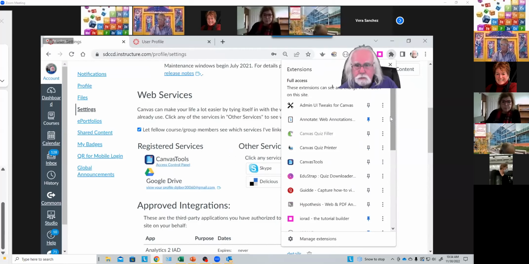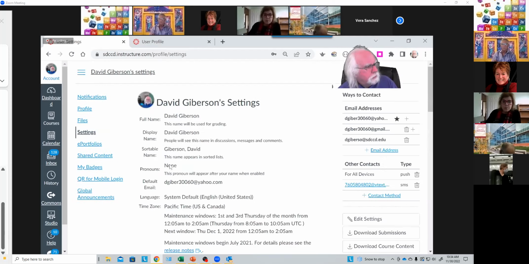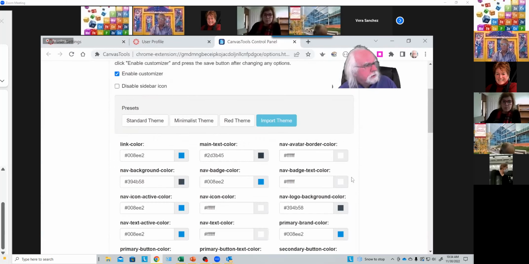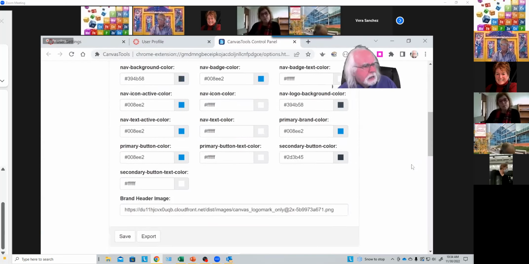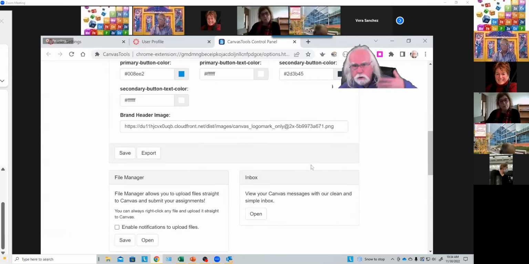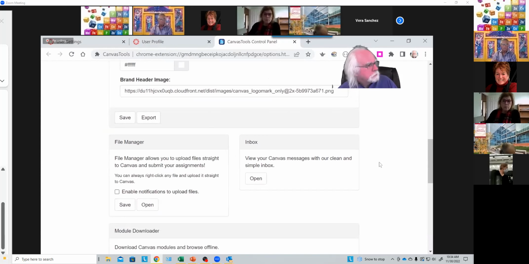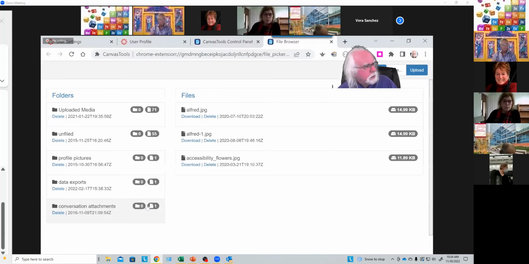We do a separate session on how to do that, but it's a free Canvas related extension to the Chrome web browser that allows you to do all sorts of interesting stuff. Like you can change your theme in Canvas, and you can change the colors and the fonts and things like that Canvas uses. You can get a better file manager